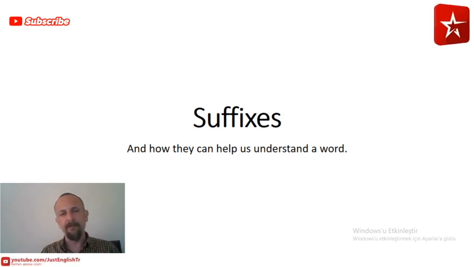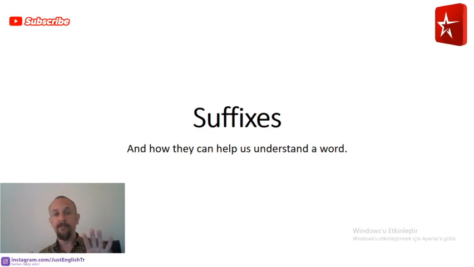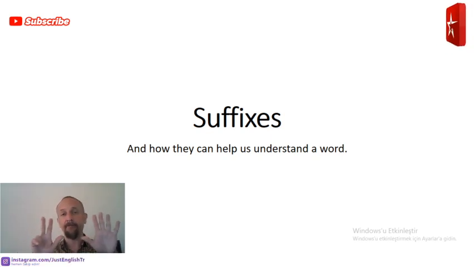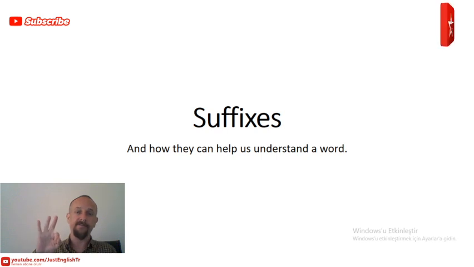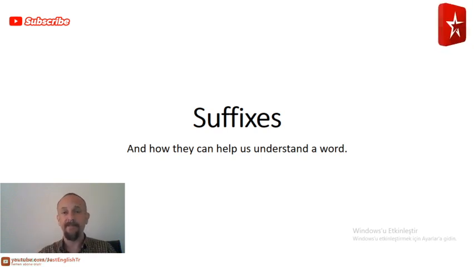These problems become a little bit more apparent with suffixes, because an adjective of the past can now be used as a noun, or a noun in the past can now be used as an adjective or a verb. So I'm going to give you some of the basic suffixes, but of course these suffixes can also be used for other things. There's always going to be an exception to the rule. You're never going to have a 100% rule in English. You may have a 70% rule or an 80% rule, but 20% or 30% of the vocabulary, or maybe even 10%, isn't always going to work the way that you think it works, because language